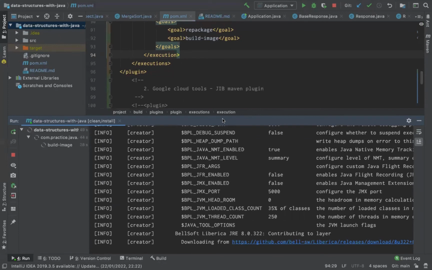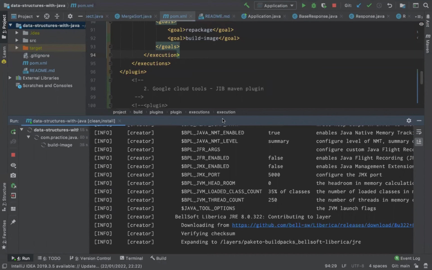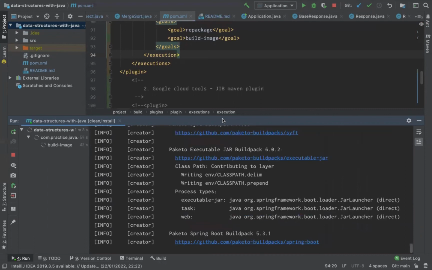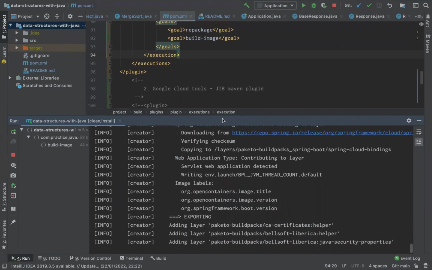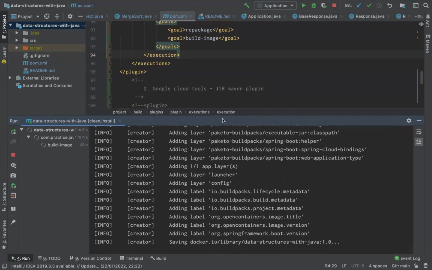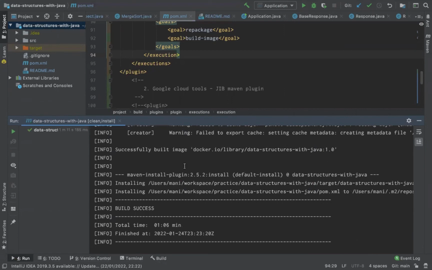But the hidden layer is, we have not provided any Dockerfile, but these plugins will take care of considering the right base image for constructing the Docker image. These plugins will take care of security point of view. I mean, how much JVM or RAM should be considered. What are the command line arguments that we need to provide while executing this container. So now if you see the build logs,